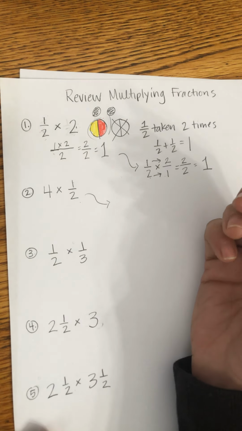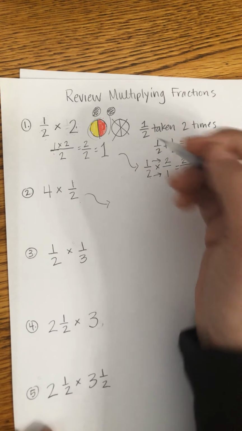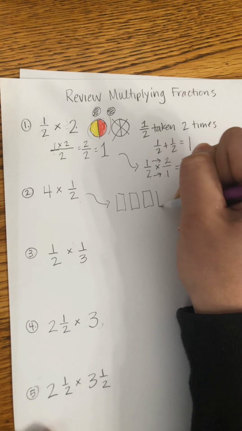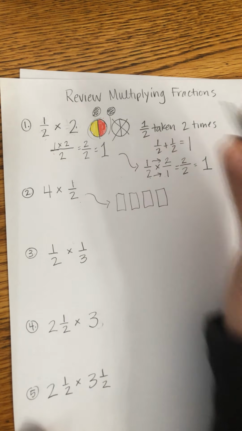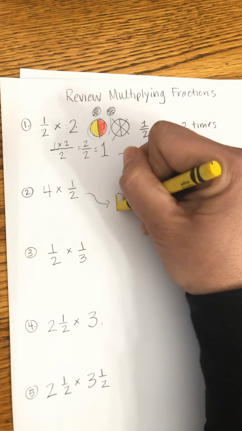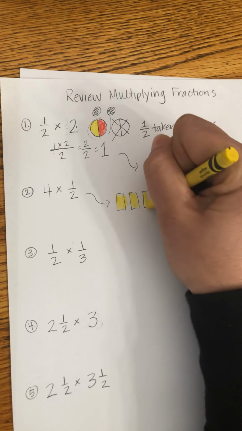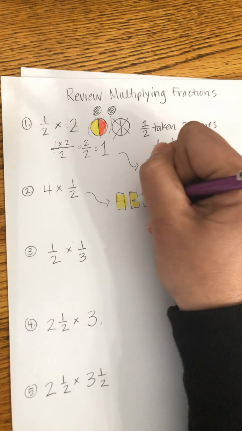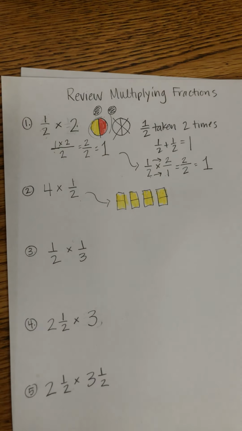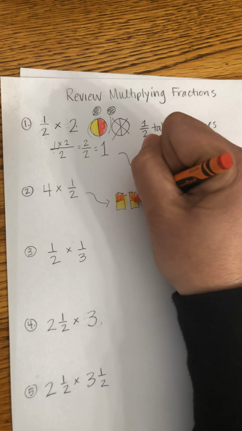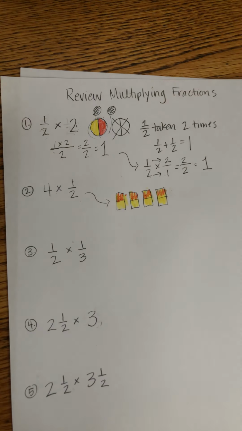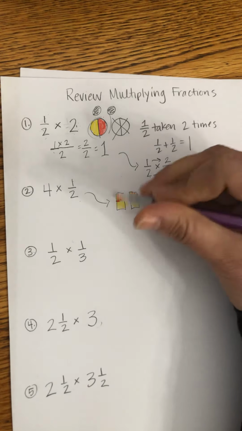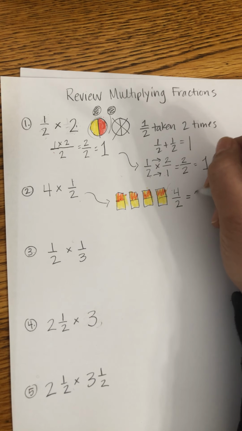Another way of saying this is 4 taken 1/2 of the time. So visually, I'm going to draw out 4 wholes, and I'm going to use rectangles for this one. And I'm going to color in each one of those wholes so I can show 4 wholes. Now I'm going to take each one of those wholes a half of a time. So I'm only going to color in a half. 1, 2, 3, 4. And how many halves do I have? I have 4 halves,